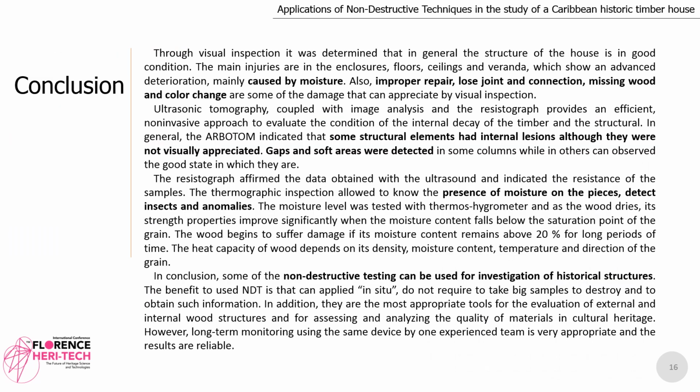Conclusion: through visual inspection, it was determined that in general the structure of the house is in good condition. The main injuries are in the enclosures, floors, ceilings, and veranda, which show an advanced deterioration, mainly caused by moisture. Also, improper repair, loose joints and connections, missing wood, and color change are some of the damage that can be